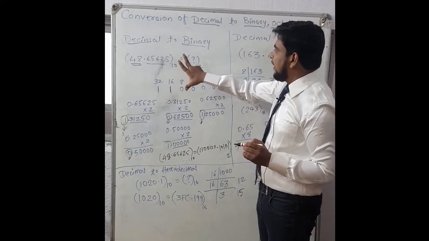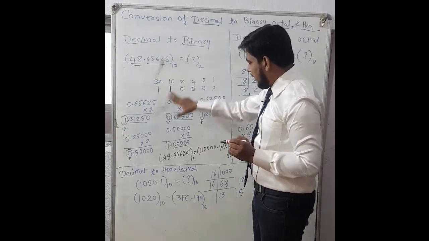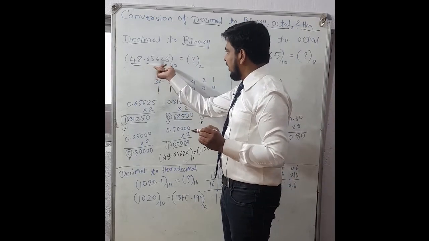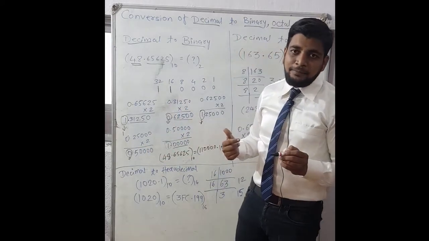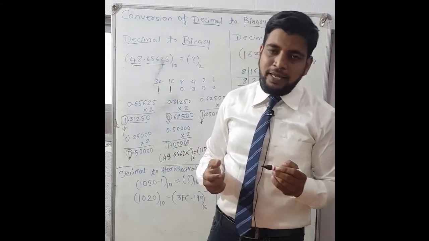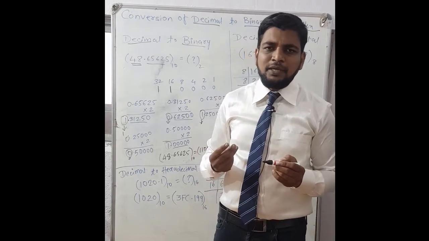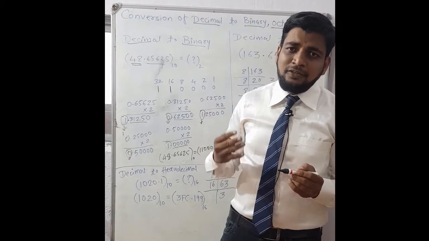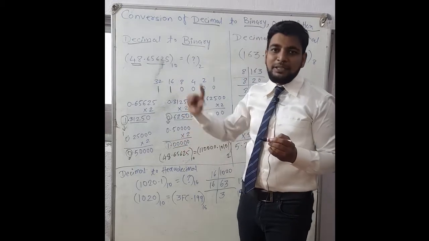This is the complete procedure of decimal to binary with fraction. In this way you can perform the conversion of decimal to binary. If a fractional number is given, you have to multiply it by 2. Up to where do you have to multiply? It depends on the accuracy you want. Suppose you want 3-digit accuracy, you can perform it up to 3 digits, up to 4 digits, up to 5 digits. It depends on the accuracy. This is one method. And another way is, when you get 0, stop the multiplication.